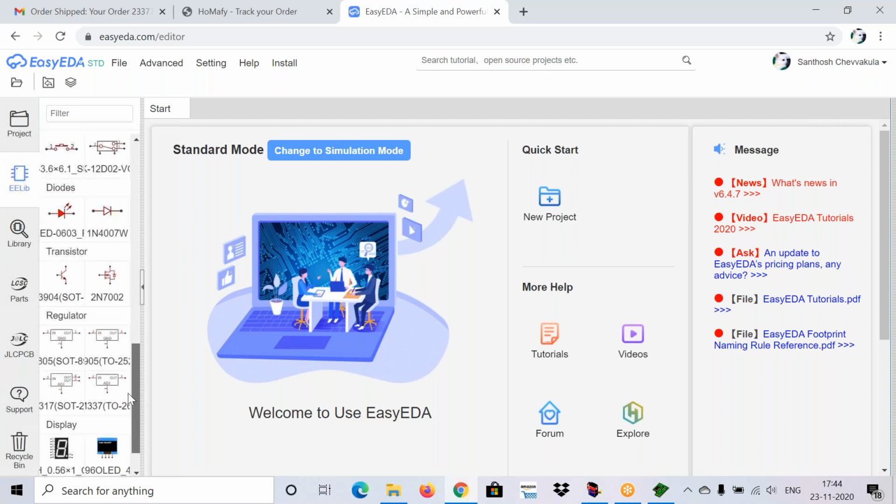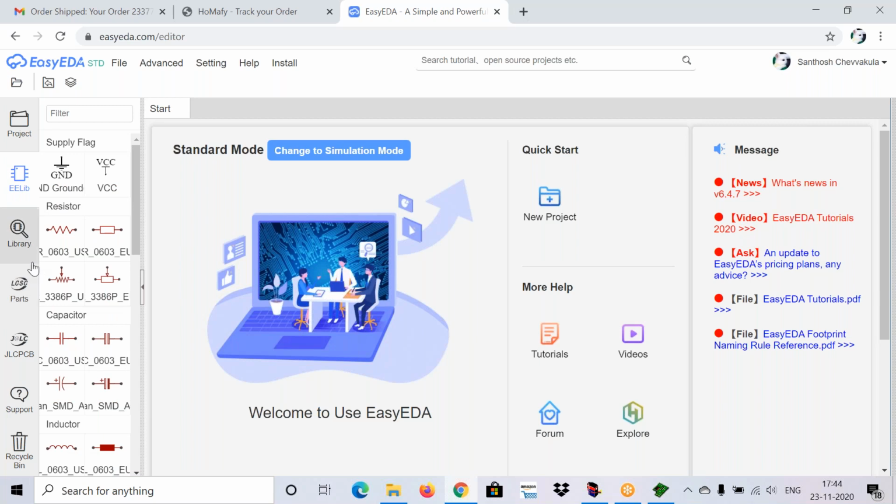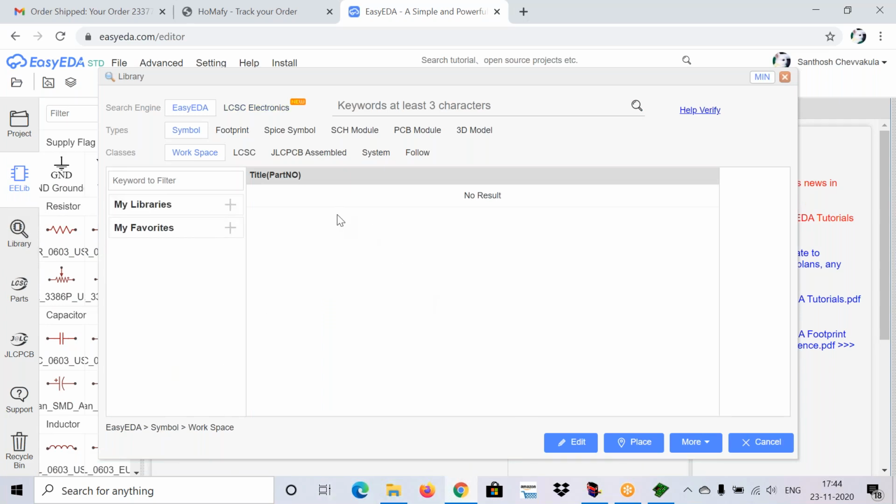Now, for getting the 555 timer, we need to use the general library. If you give a click on library, it will open a window like this. Here we can search the components. Whatever may be the component, we can search it here and we can take it from the gallery.